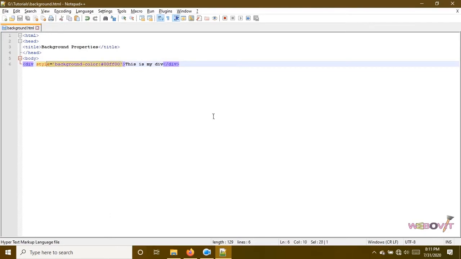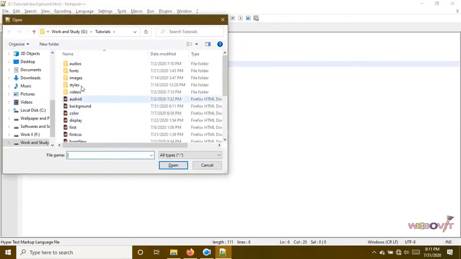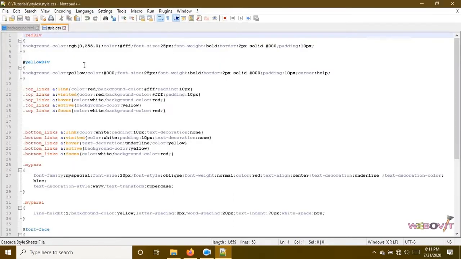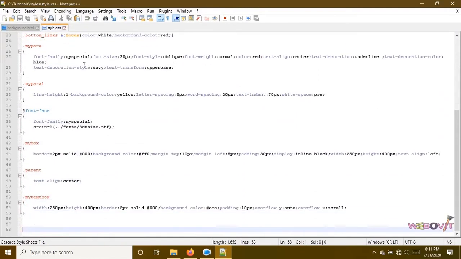Now instead what we will do, we will put in a class. Green div is the name of the class. Now we will open a style sheet, the external style file which we have created already in our previous tutorials, and these were some styles which we have implemented earlier.